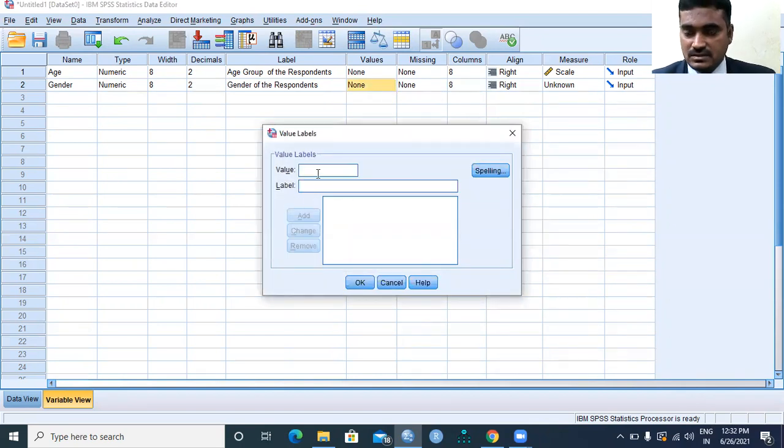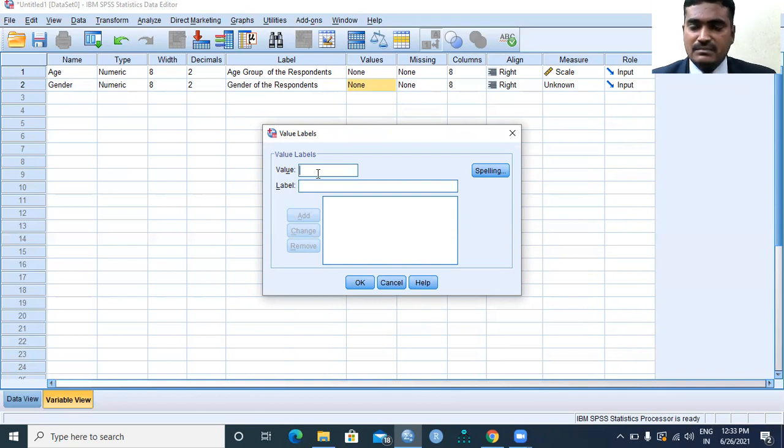Gender will have only two categories, male and female. Okay, it may even have three categories: male, female, transgender. Right? Even so, we take only two categories, not more than two categories. That's the reason why it is a nominal scale. The nominal scale is a scale which is used to identify the objects in the analysis, right?